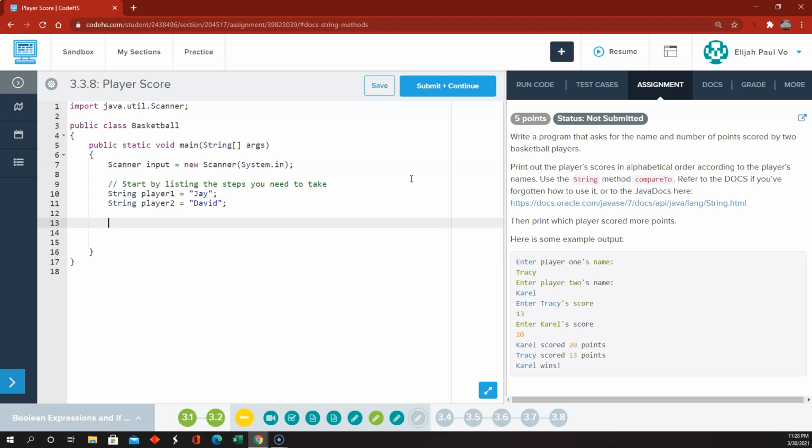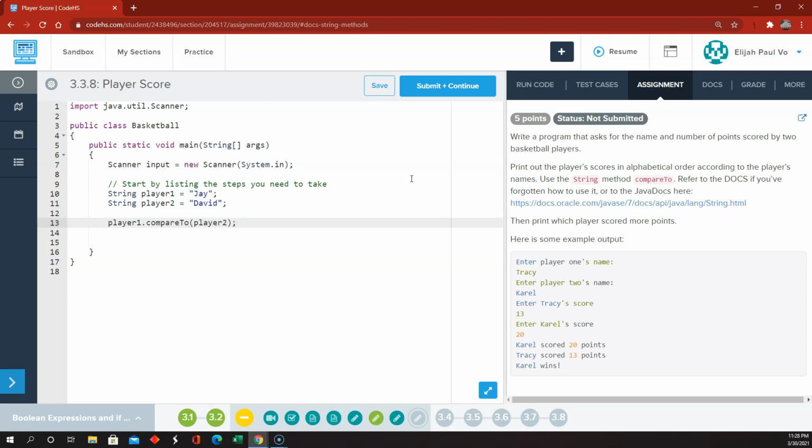So every string has various methods like the length method and the substring method and different methods like that. And one of the methods we can use is the compare to method. So if we do player1 dot compare to and in parentheses